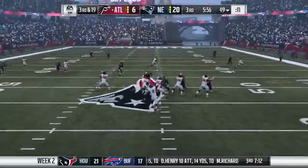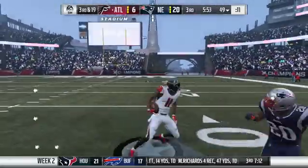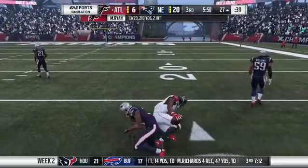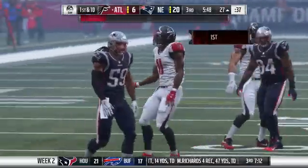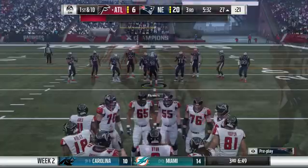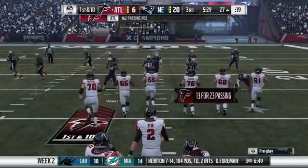Off the play fake, here's Ryan. He completes it to Julio Jones. And he'll be taken down, but not before getting this inside the 30. A pickup of 24 on the 3rd down conversion. So the first